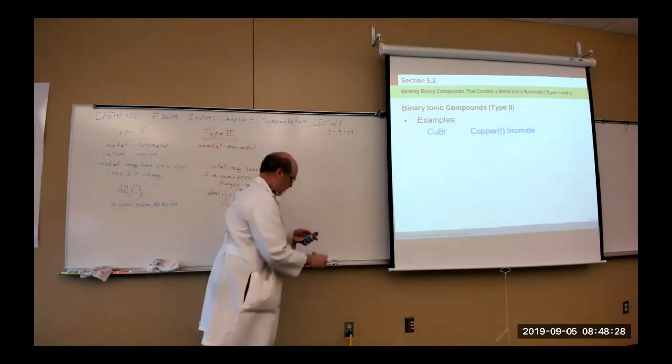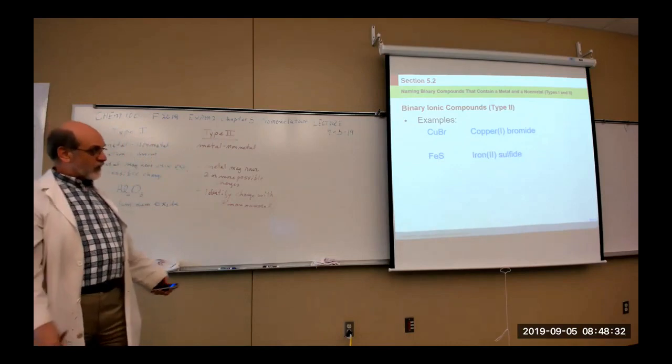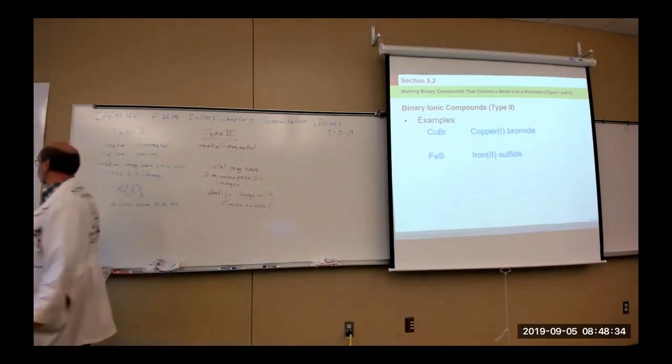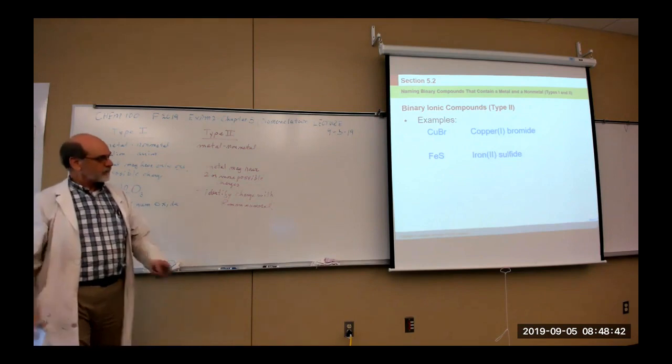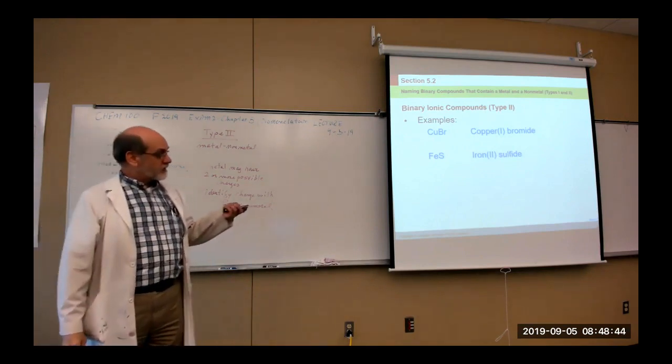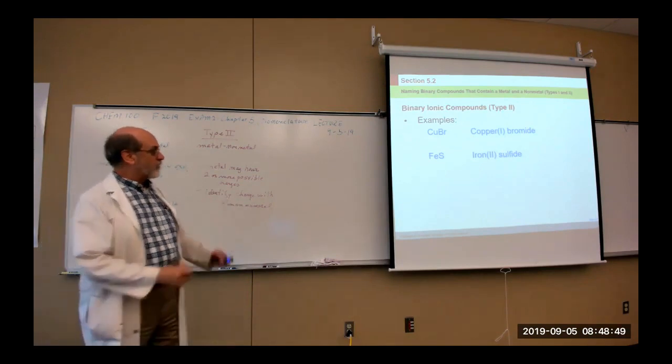Okay, let's see if we have any others that are particularly interesting. There's a sulfide, iron 2 sulfide. So it comes from the chalcogens. Minus 2, minus 2, minus 2. And iron is, we're told, iron is 2 plus. Now, if you had this compound,